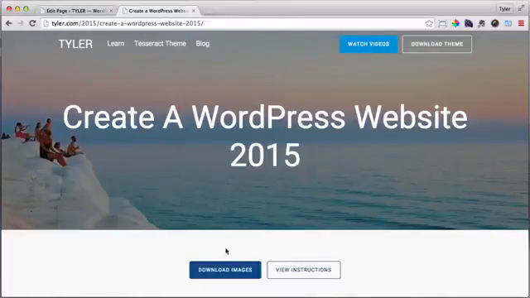Then we can click on download images, and it's going to download a zip file with all of the images that I use on the website. So just click on download images, and once it's downloaded, save that to your desktop. So I'm just going to drag that to my desktop right now, and I named it